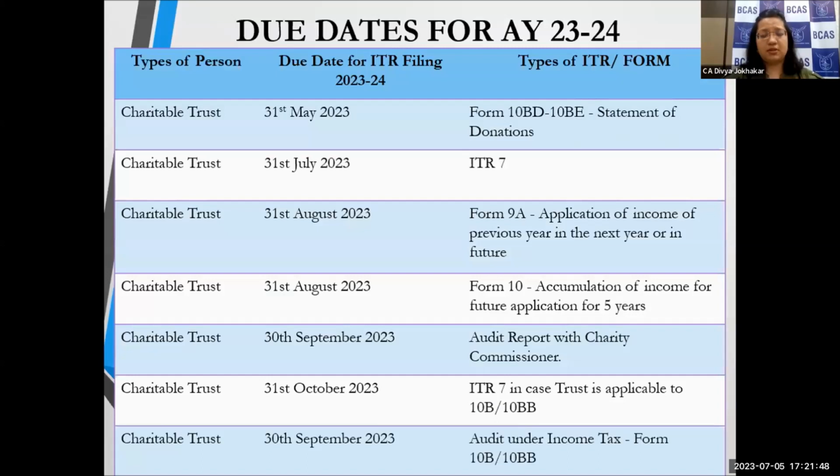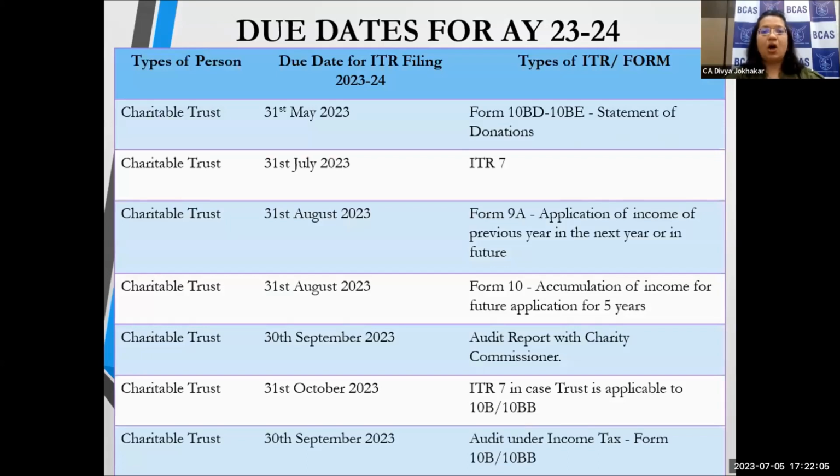For charitable trust, 31st May went by, where every charity trust had to disclose the donations that it received in Form 10BD, and on the same day or before that day, they had to issue the receipts, which are known as 10BE, the statement of donation, and receipts thereof to the